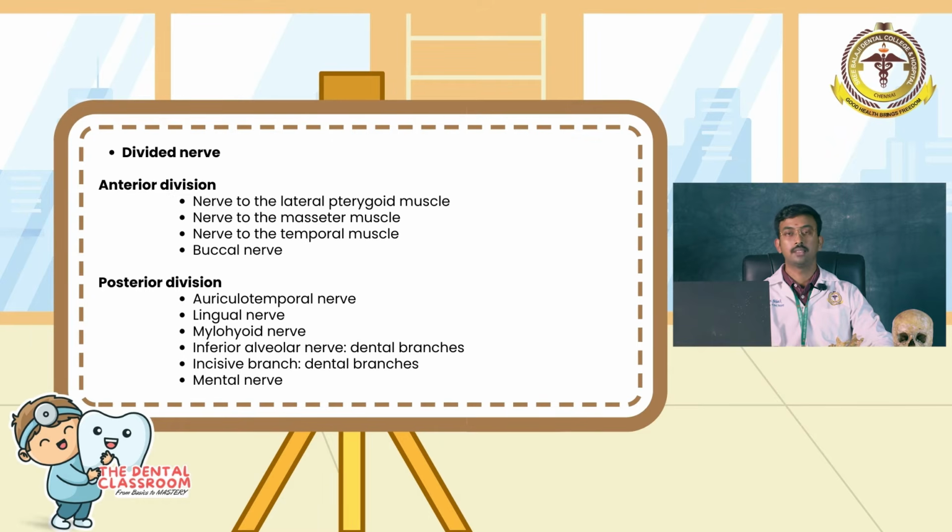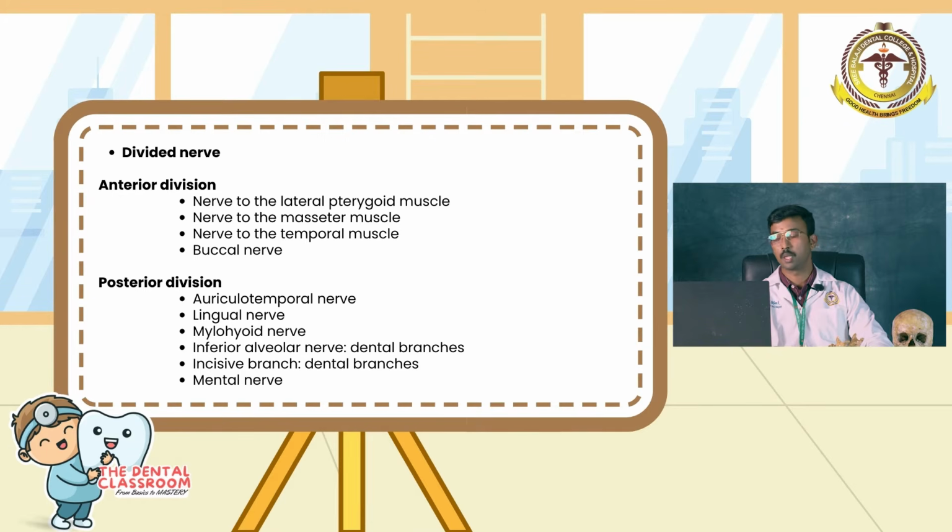Also, there are two different branches from the undivided portion: nervus spinosus and the nerve to the medial pterygoid muscle. From the anterior division arise the branches to various masticatory muscles like the nerve to lateral pterygoid, nerve to masseter, nerve to temporalis and the buccal nerve. The posterior division has six different branches: the auriculotemporal nerve, inferior alveolar nerve, lingual nerve, mylohyoid nerve, mental nerve